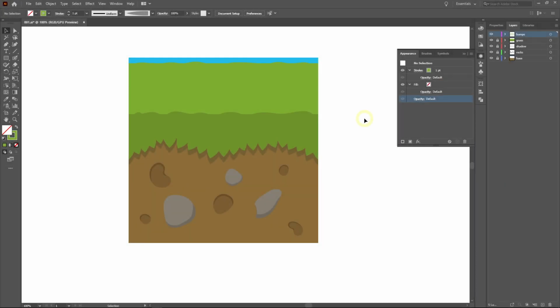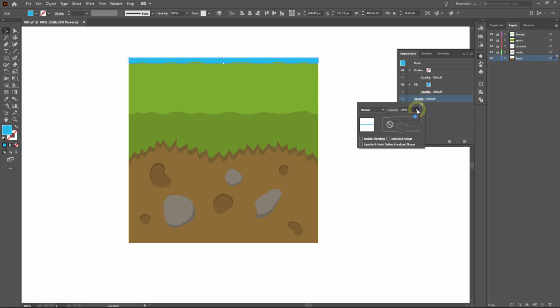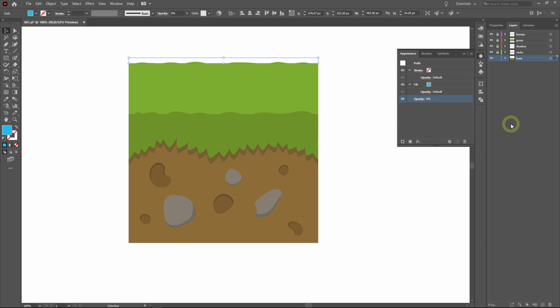After you are done, the next step is to make this blue color fully transparent. So go back to the base layer, select the blue shape, open the opacity parameter in the Appearance panel, and change the value to 0. The reason why we set this to be fully transparent but not deleted is to make the overall tileset shape remain perfectly square. This will make it easier for us later when we use it in a game engine. So here is the result we have until now.